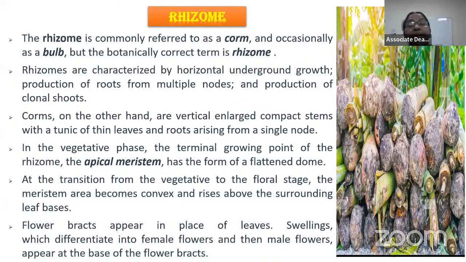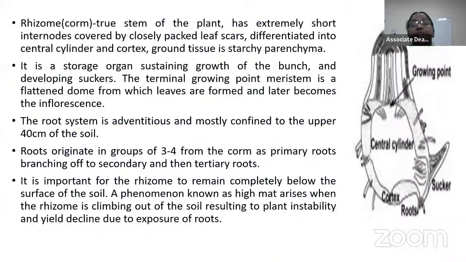And here you can see this rhizome. Rhizome is also known as the true stem of the plant. On this rhizome, we find extremely short internodes, which are covered by closely packed